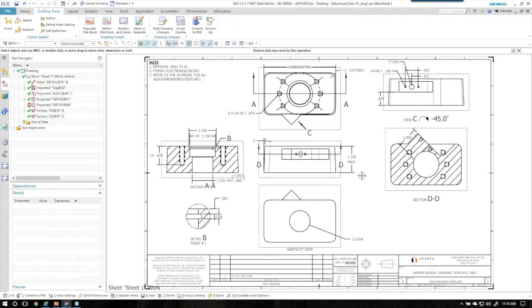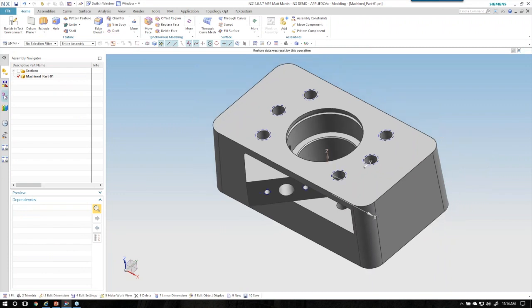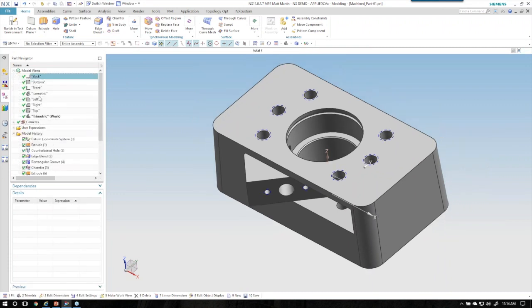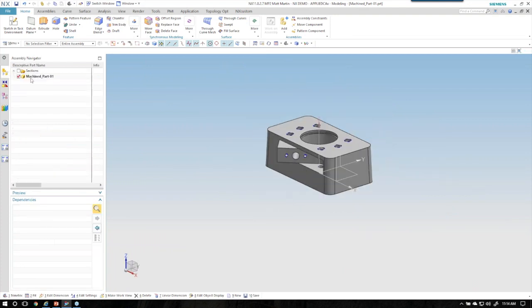Like I mentioned before, the batch method is definitely a viable option, but you have to make sure that your dimensions are set properly. Before I do execute this, I'm going to go over to my machine part and make it the displayed part. I'll take a look at my model views here, and I just have my canned model views. Trimetric is the work part. Go ahead and set that to home. Go back to the parent